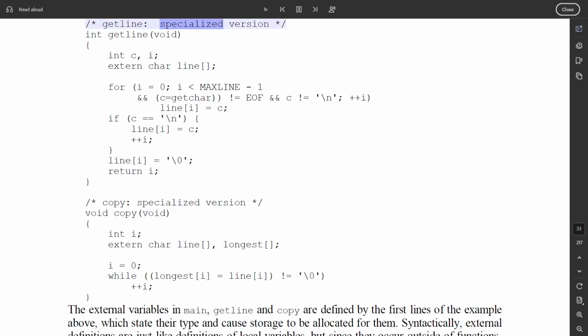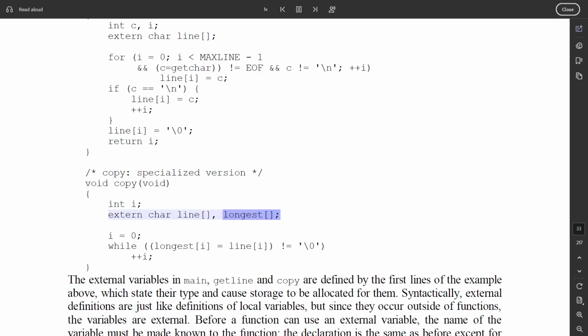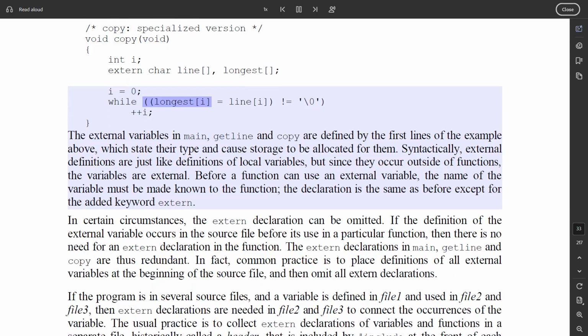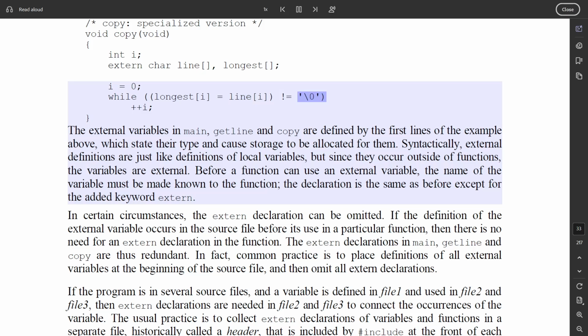/* getline: specialized version */ int getline(void) { int c, i; extern char line[]; for (i = 0; i < MAXLINE - 1 && (c = getchar()) != EOF && c != '\n'; ++i) line[i] = c; if (c == '\n') { line[i] = c; ++i; } line[i] = '\0'; return i; } /* copy: specialized version */ void copy(void) { int i; extern char line[], longest[]; i = 0; while ((longest[i] = line[i]) != '\0') ++i;